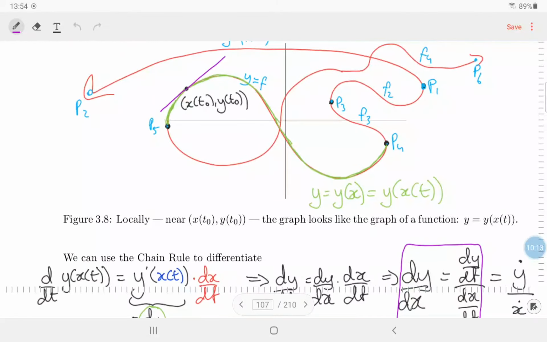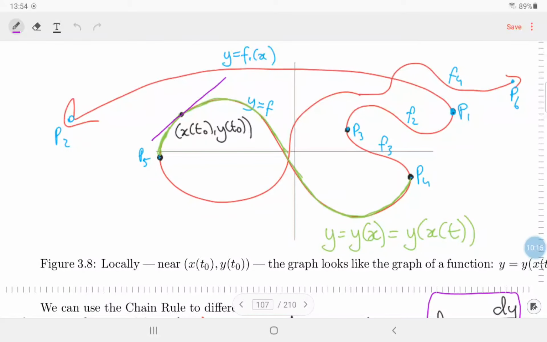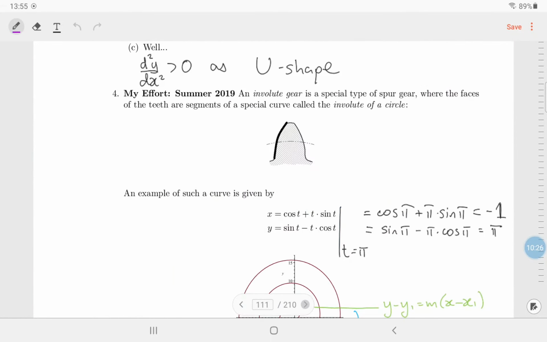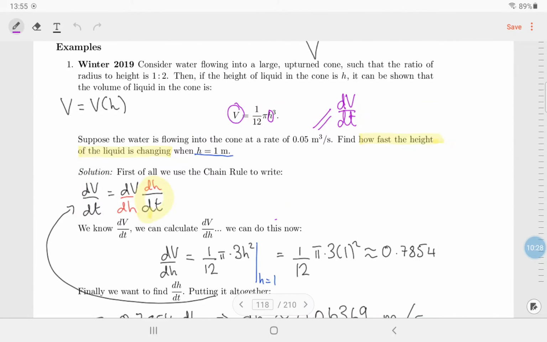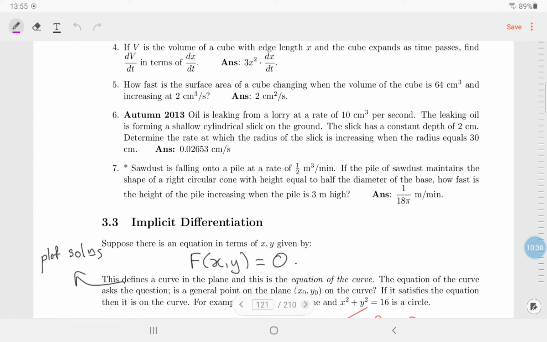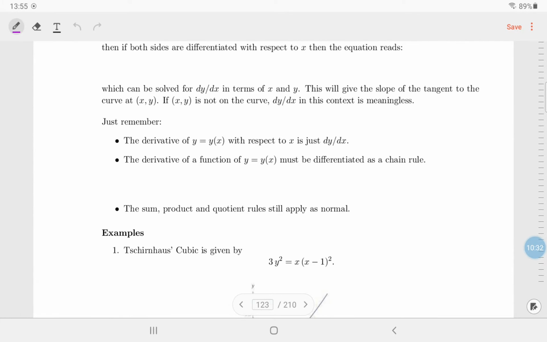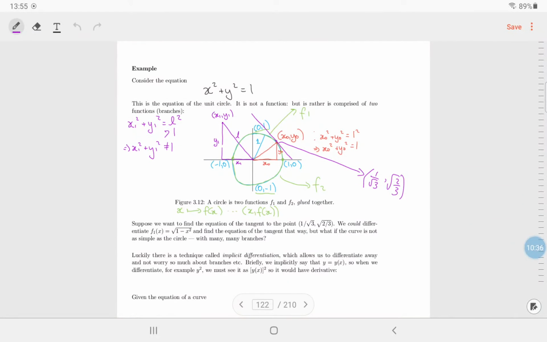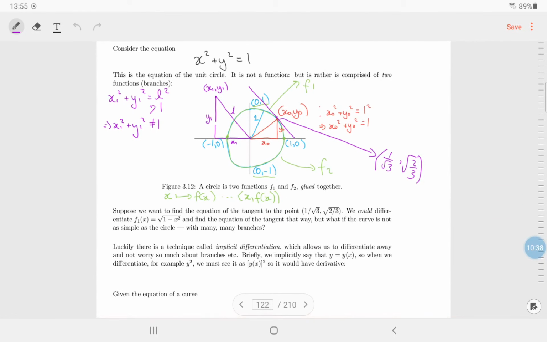And basically it says that points on this curve, y is a function of x. So see, you've got a green bit here, it's a function of x. Now you don't have a formula for the function of x. With the circle you do, but in general you don't. But theoretically it is there. So the idea, and this is called implicit differentiation, is you write down the equation with the x's and the